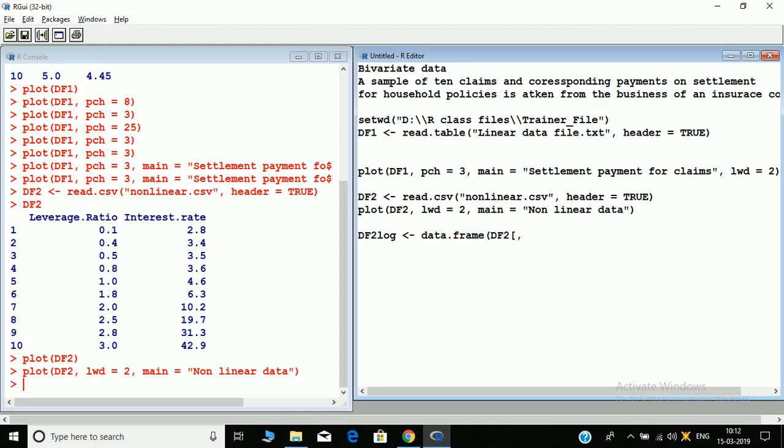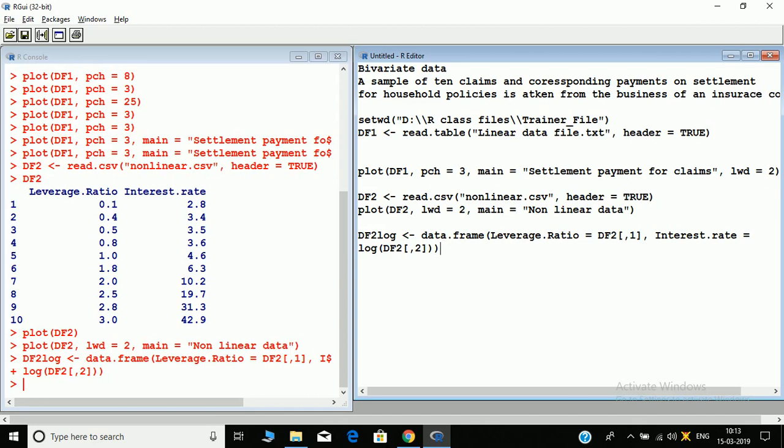We can write it like this: data.frame, leverage.ratio is equal to df2 comma 1, and interest.rate is equal to log of df2 comma 2. Okay, and now run this.